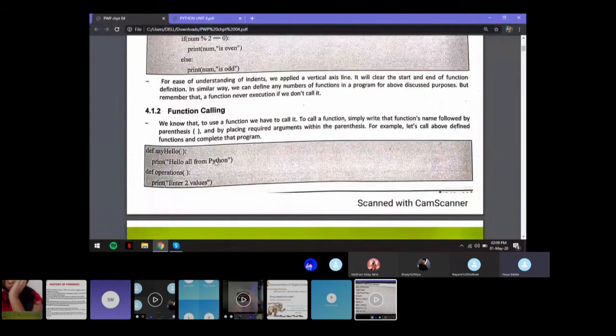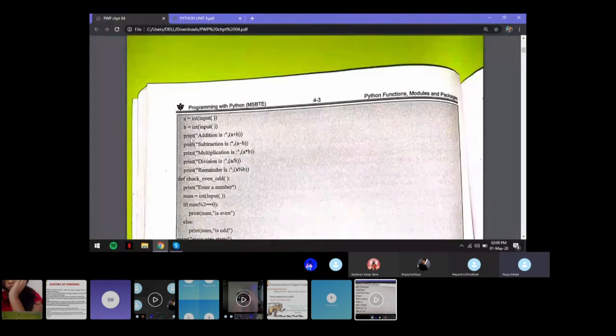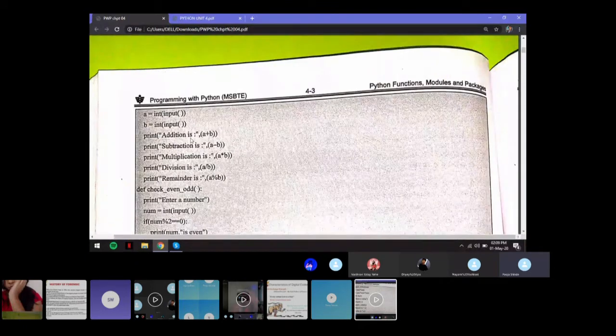Next, function call is basically when you're supposed to call a function from some other part in the program. So, for example, suppose you have another function called say_hello, which prints hello all from Python. Then you have another function, def operations, print enter two values. So you take two values as input, a and b. Then you're again calculating addition, subtraction, the same code again. And then again you're calculating even odd.